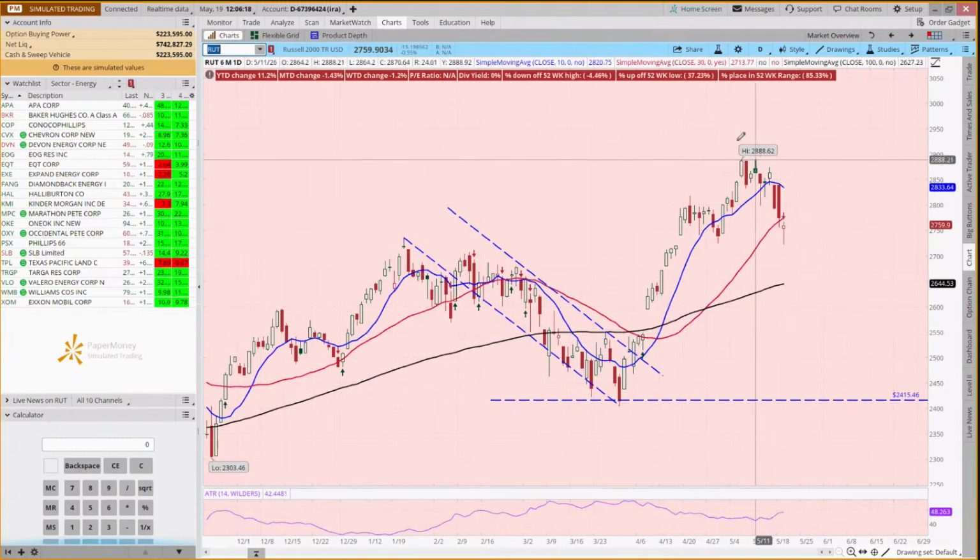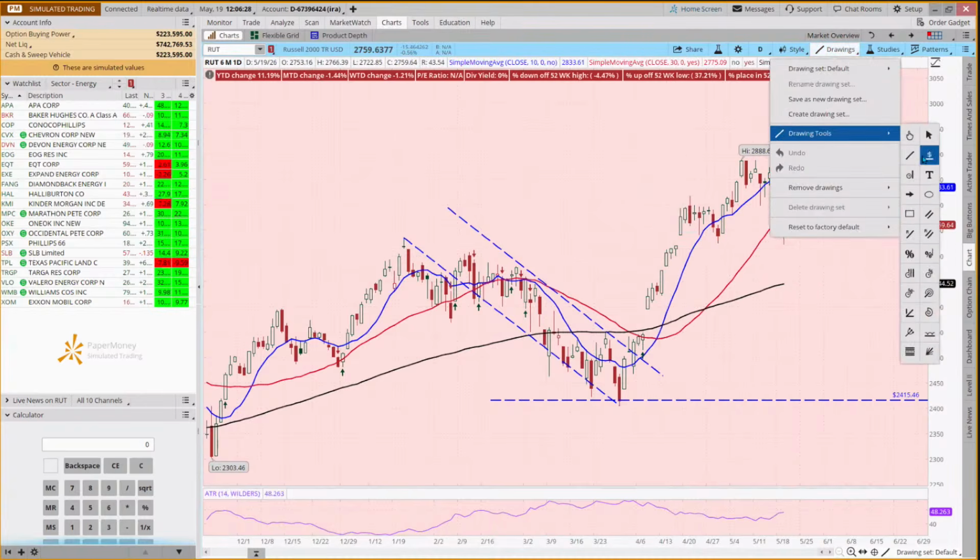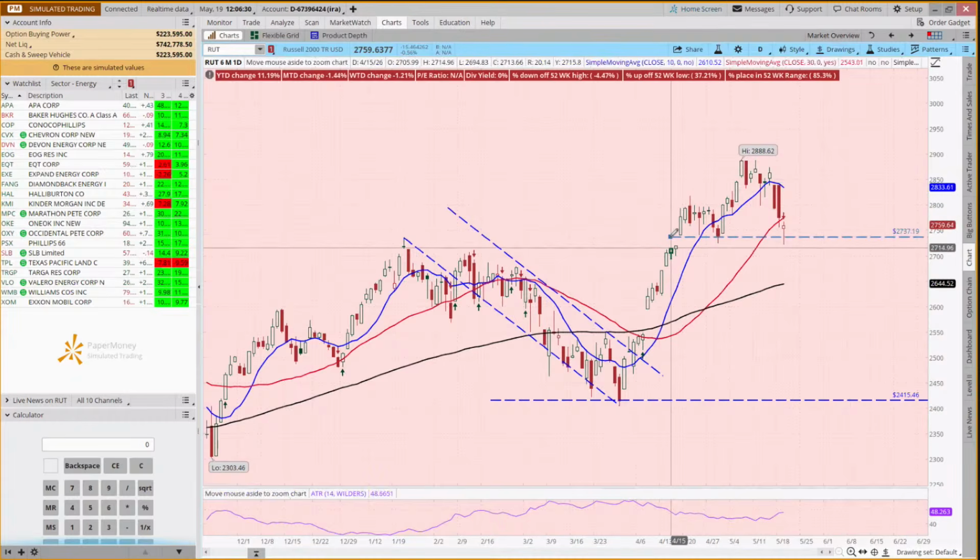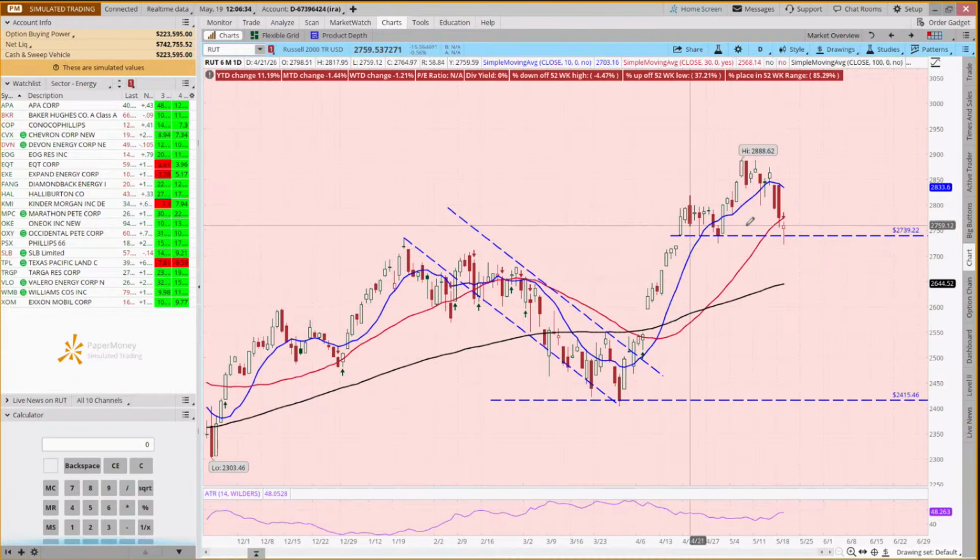And some would say the small caps act as a bit of a canary in the coal mine, but this may be indicating that we're reaching a support level here. We've got a big hammer type pattern at what has been a support level, and it's now kissing it for what, the fourth or fifth time. But with this candle pattern, we're looking for confirmation. We'd be looking for it to close above the high of this low day tomorrow.